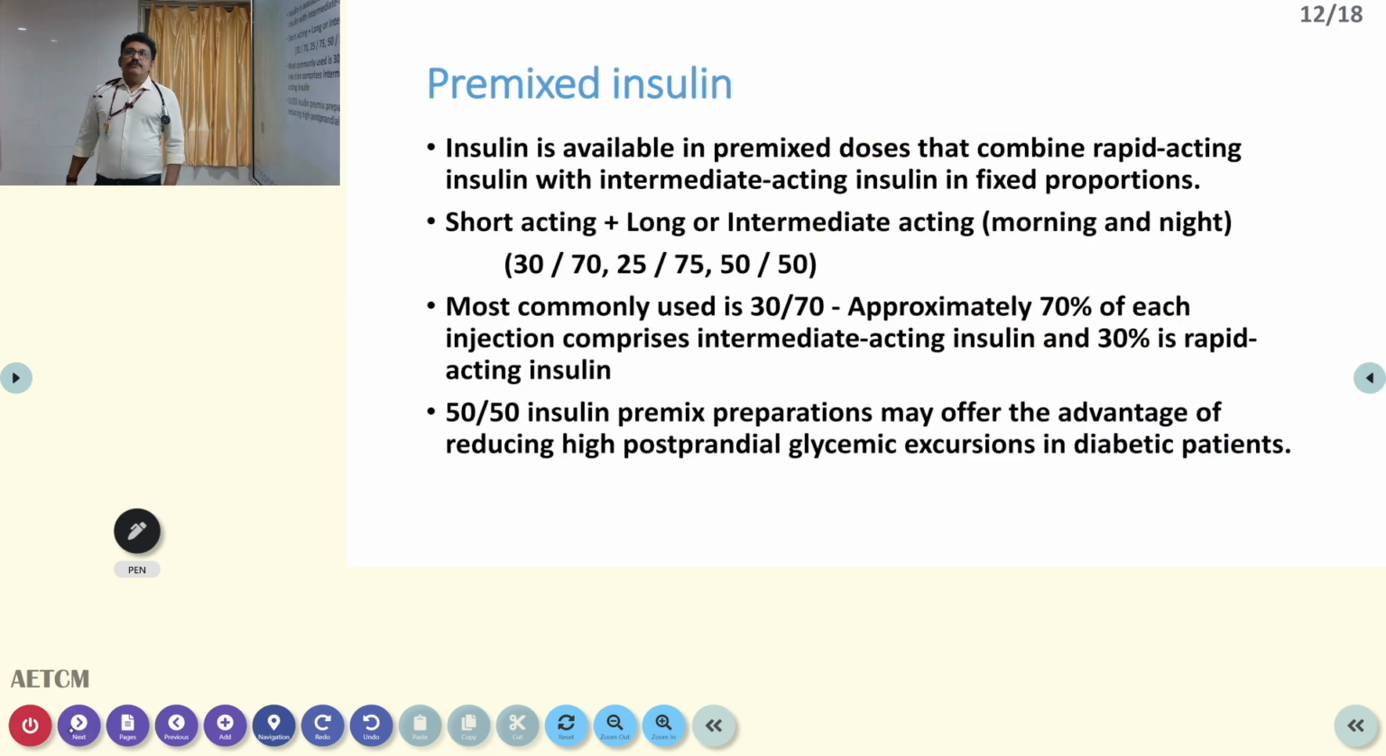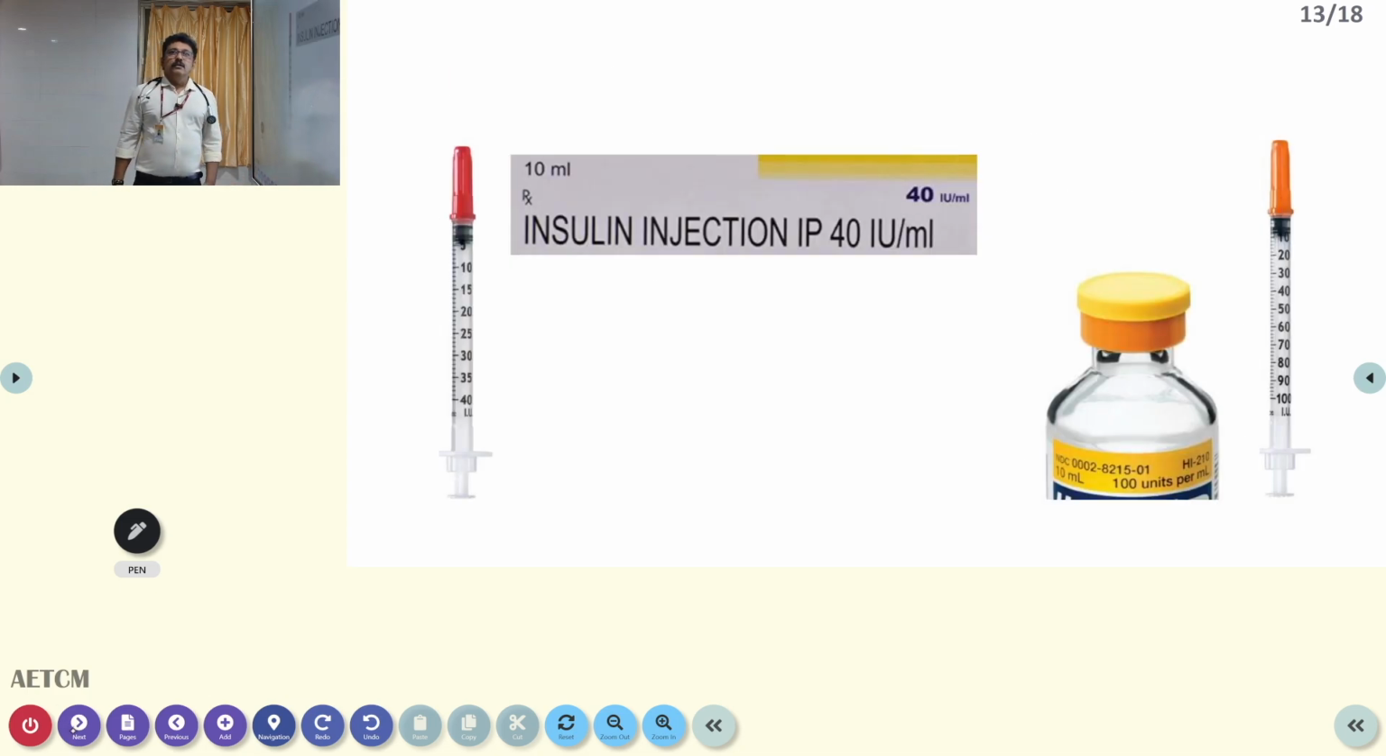Now, premixed insulin, different varieties are there. We have already told 30/70, 25/75, 50/50. 50/50 is very important in high postprandial blood sugar values, that we can use in that type of patients. Now, another important point when we are discussing insulin,